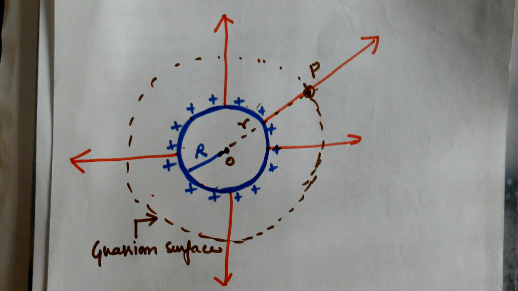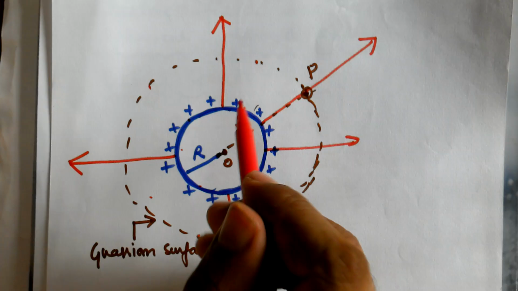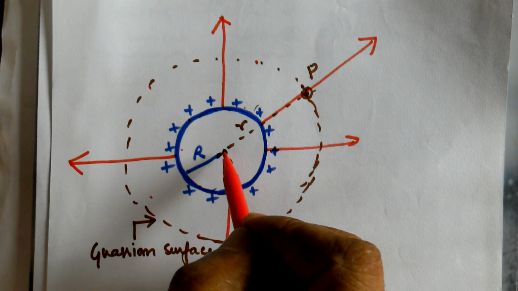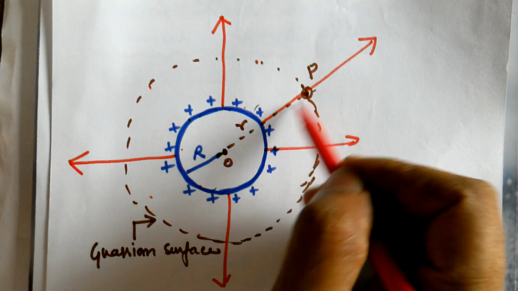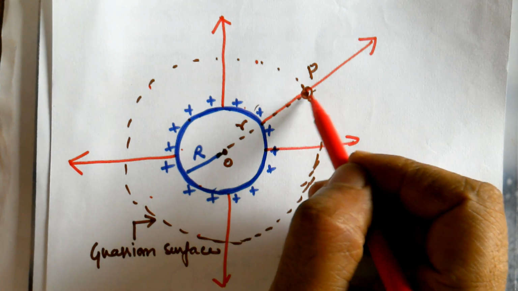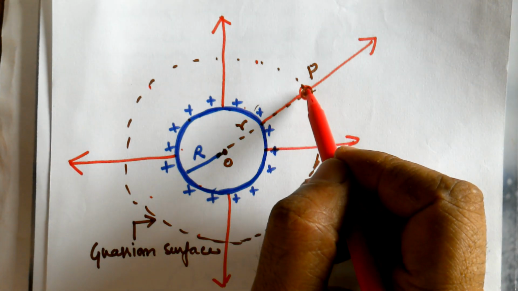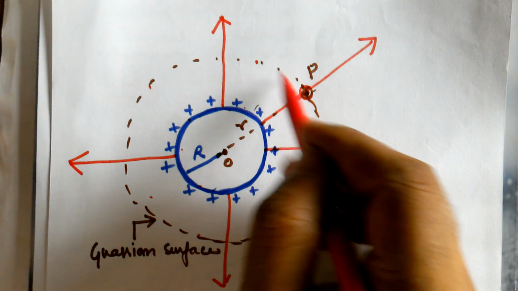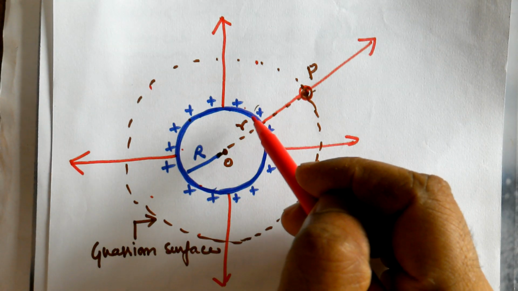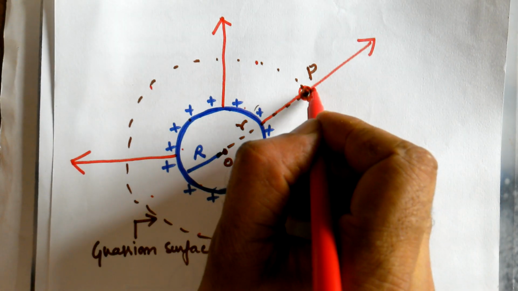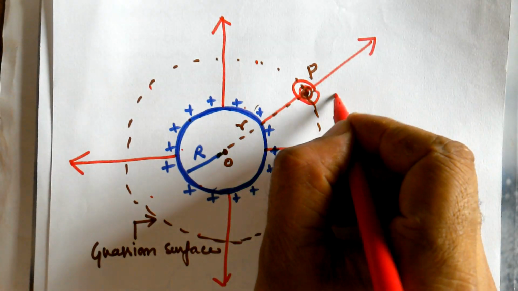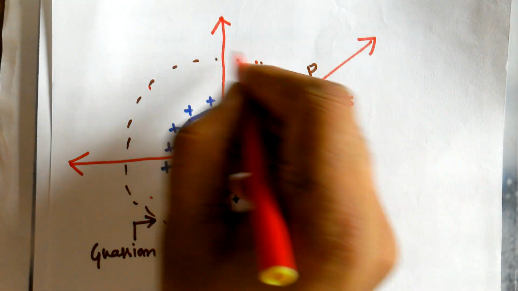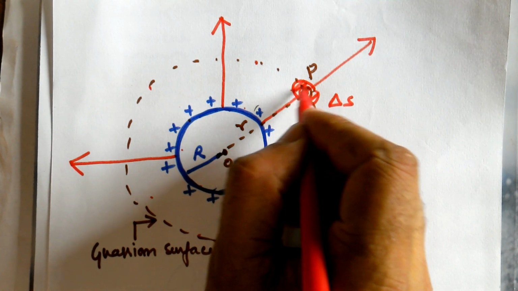Okay, now what is the next step? From where did we start? Starting from a charged body of radius r, positively charged, say O is the center. Select a point P at a distance small r from the center of the charged body, because I want to know the electric field here. With point P as one of the points, complete a sphere of radius small r so that it encloses the charged body completely. Now imagine a surface here of area delta S like this, because if I want to find the flux through the entire Gaussian surface, I have to first start from a small surface.